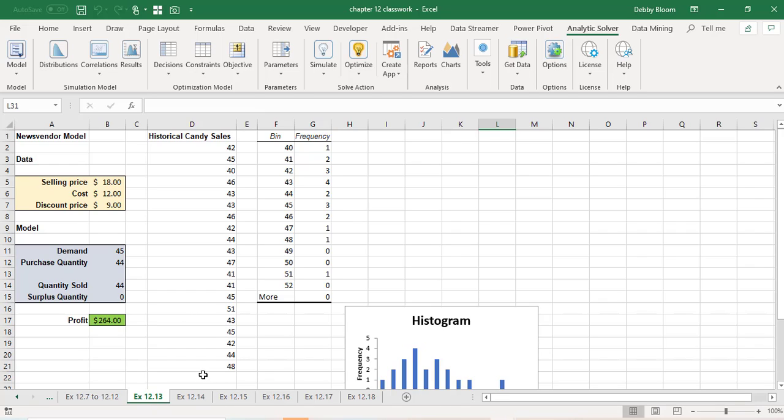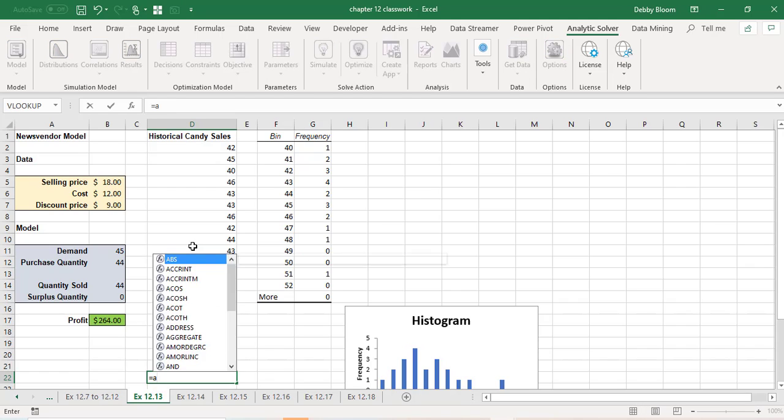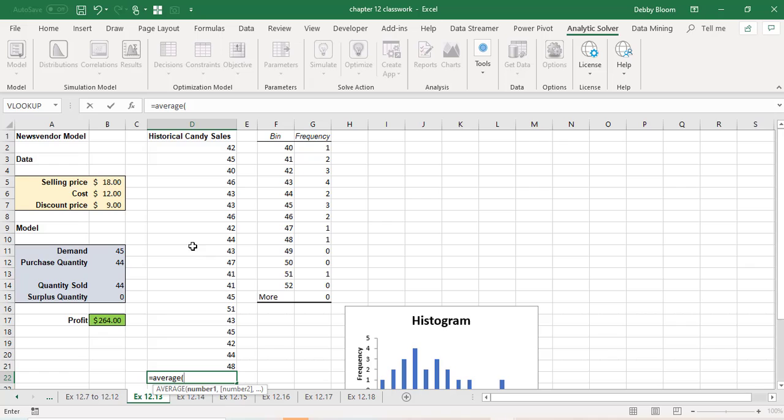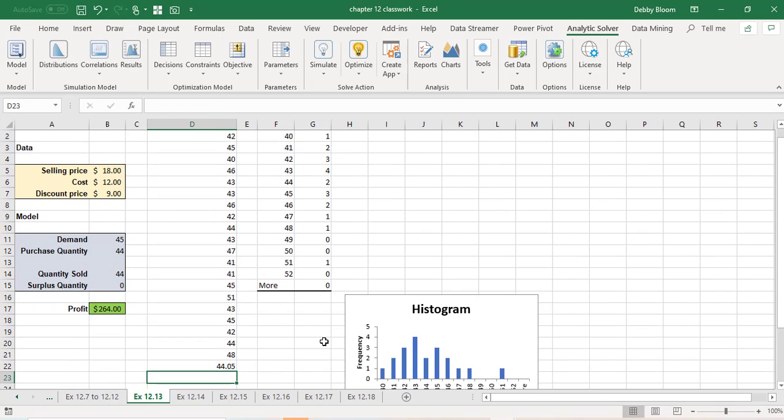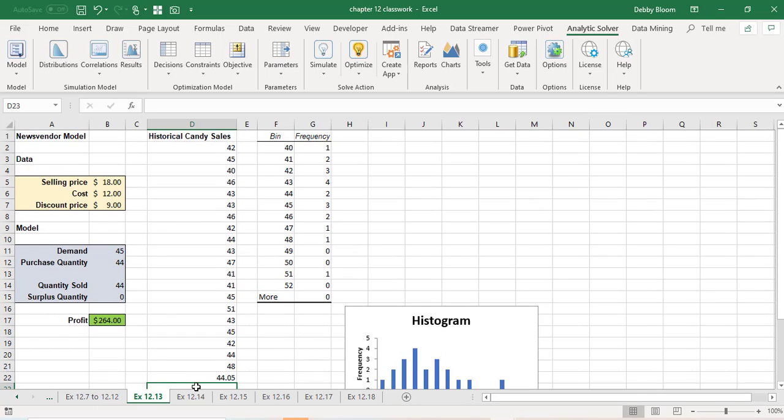So the first thing that I'm going to do is average all of our historical candy sales. In cell D22, I'm going to type equals average, and then average all of our historical candy sales from cell D2 down to D21. So equals average D2 to D21. Close up the parentheses, and we see that I have 44.05. Since we can only sell whole units, I'm going to put 44 into the demand, and we see that with 44 units we have a profit of